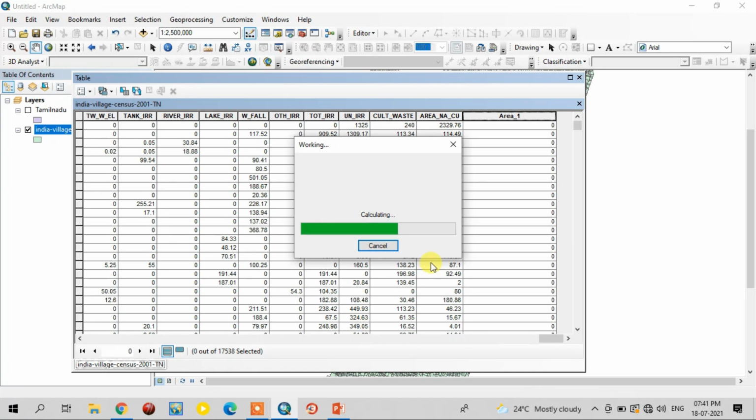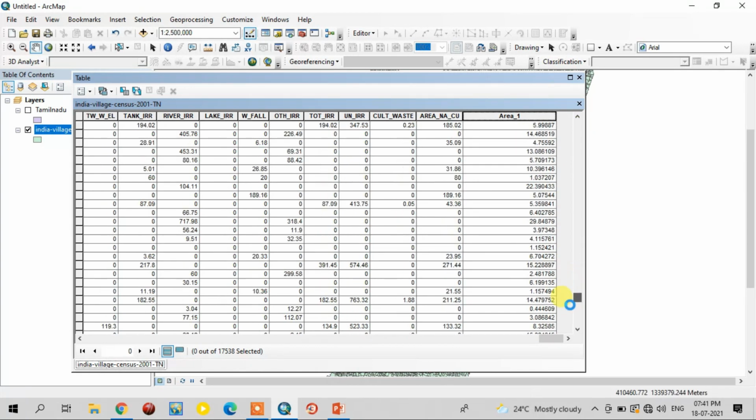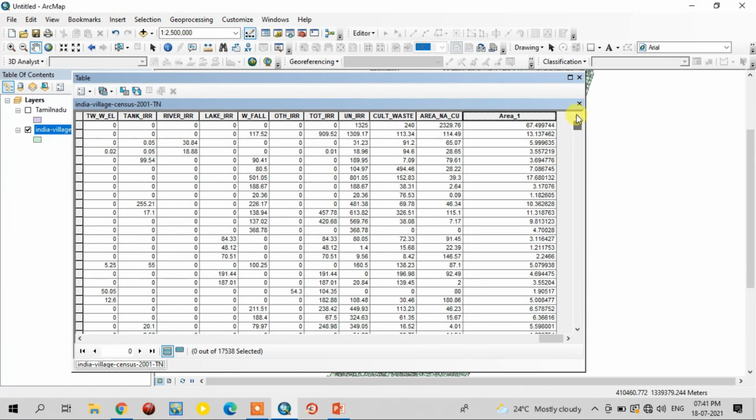Wait a minute. See, 67 square kilometers, 13 square kilometers, like that. All the villages have some square kilometers. So like this you can easily calculate the area using the attribute table.